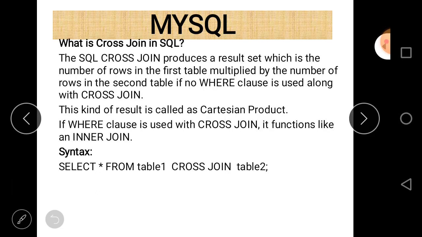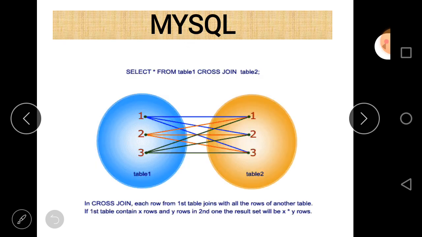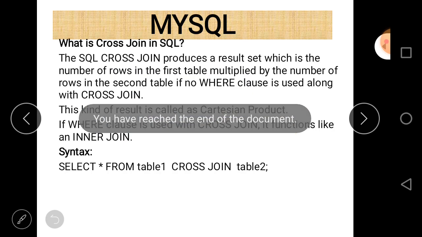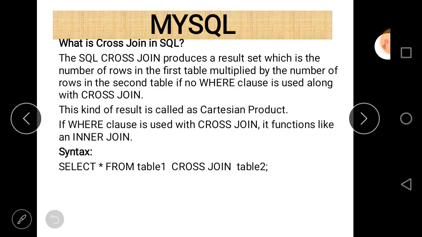And this is our last join, called the cross join. In mathematics there is a concept of Cartesian product, and the same concept is used in cross join.